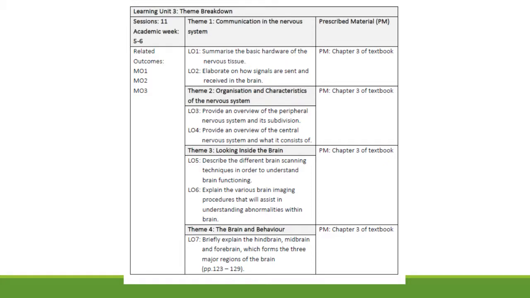Oh, wait for my slide to load. Okay, right. So those are your learning outcomes. That's in your module guide, what we need to know for this learning unit. They're all summarized, and we'll move through those different themes as we proceed through the material, starting with communication in the nervous system. Then we look at how the nervous system is organized and its characteristics. We take a look inside the brain, at the different parts of the brain, and how those parts of the brain impact on behavior. So there you can start to see the links as to why it's important to understand how the biology works internally, from the nervous system through to the brain, because of the influence it has on our behavior.